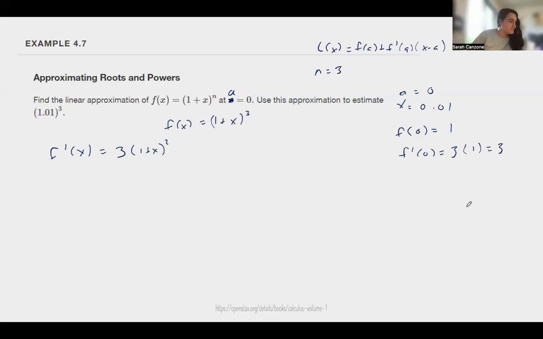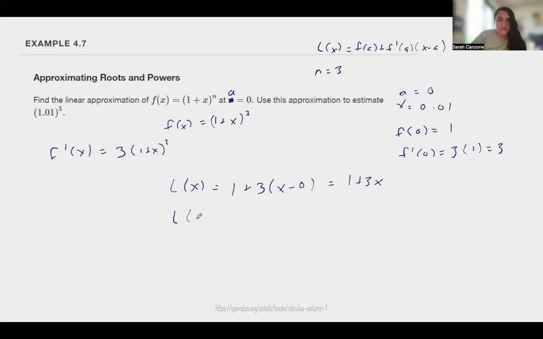Okay. We have f of a, f prime of a, we know x, so we can actually go ahead and now just find our formula. So we'll always start by writing out the actual formula, and then we'll plug in after. L of x equals f of a, which is right here, it's 1, plus f prime of a, which is 3, times x minus a, which is 0. So technically, you didn't have to write that. So this is the same thing as saying 1 plus 3x,